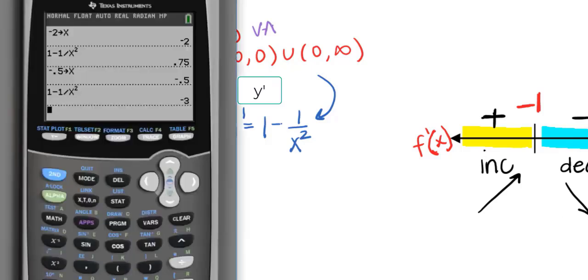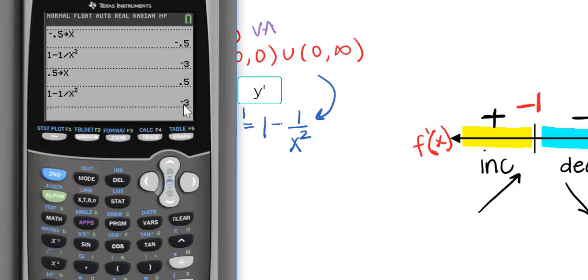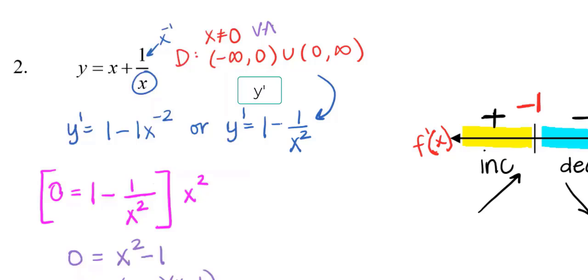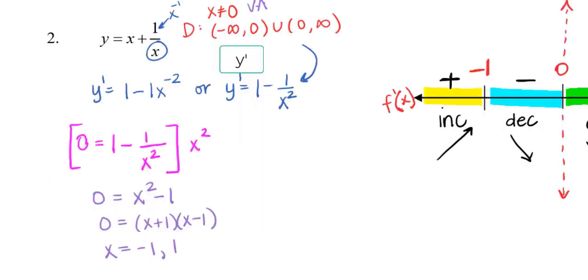Now don't assume that you always alternate positive, negative, especially if there's a vertical asymptote involved. So when I test the positive 0.5, I can see that I get a negative output in my derivative. So my original function is decreasing here as well. And then lastly, I'll put in something larger than 1, a 2, a 3, or a 4, into my first derivative, and I will get a positive answer. So there I'm increasing. So I can go ahead and answer the intervals on which I'm increasing and decreasing right now. I am increasing from -∞ to -1 in that yellow section.